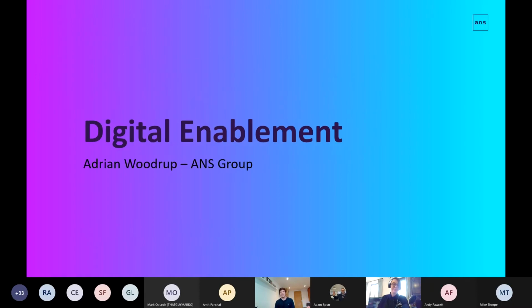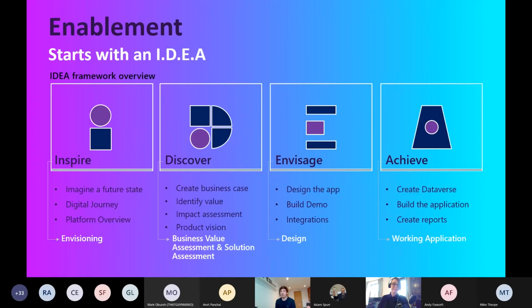So just talking about digital enablement, I just want to talk about how we approach Power Platform, Power Application builds. So we use the Microsoft Catalyst idea framework, and what we do is break the idea down into 4 different sections. So the first thing we do when we look at a Power App, or what the Power App's going to do, is look at